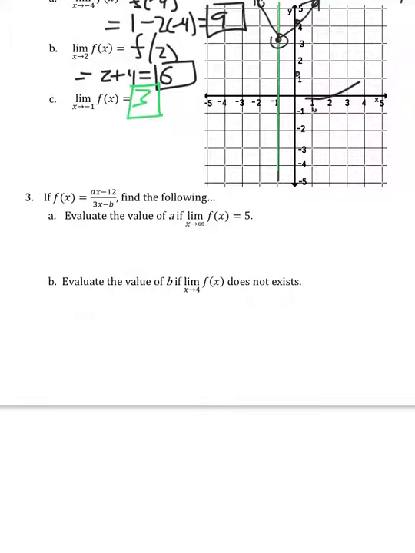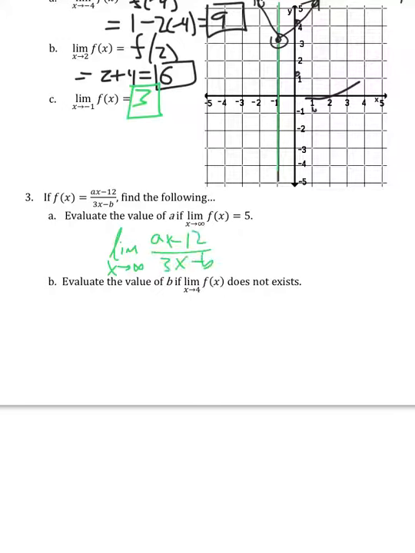Here's a good problem. This is an AP test kind of problem. We've got a rational function, and we've got some missing values. We want to know what would make this limit go to 5. Well, the limit will go to 5 if this function at infinity is 5. So the limit as x goes to infinity of ax minus 12 all over 3x minus